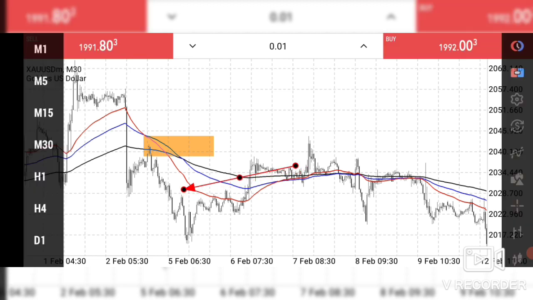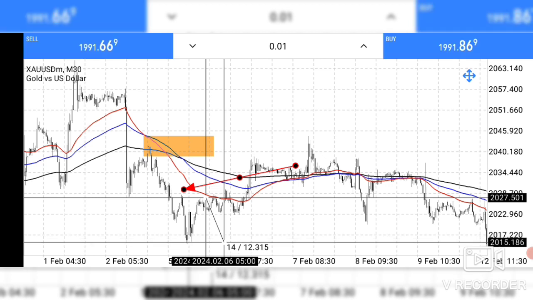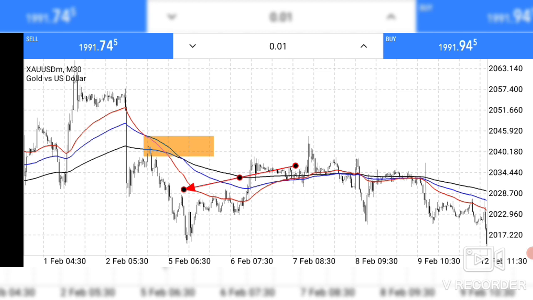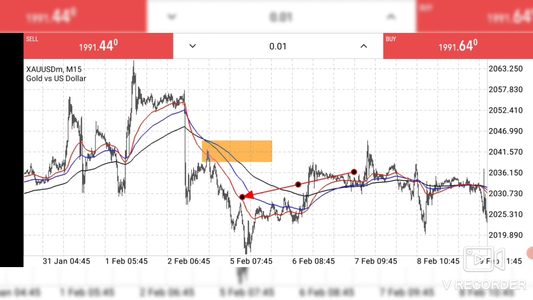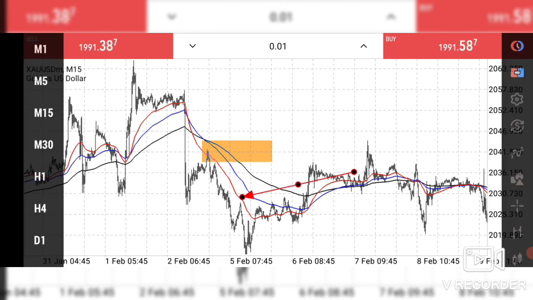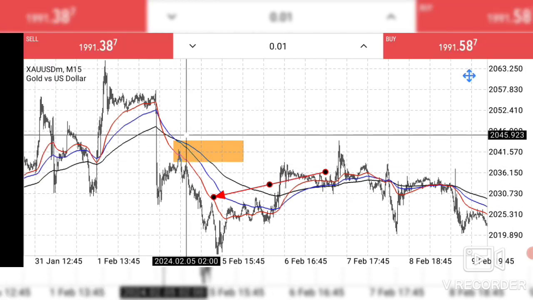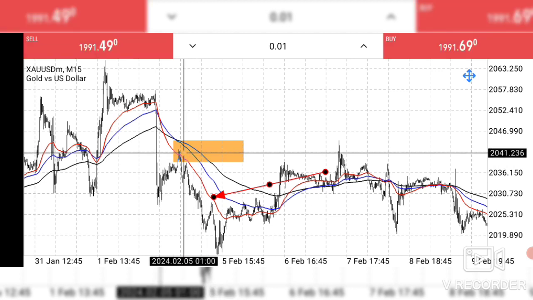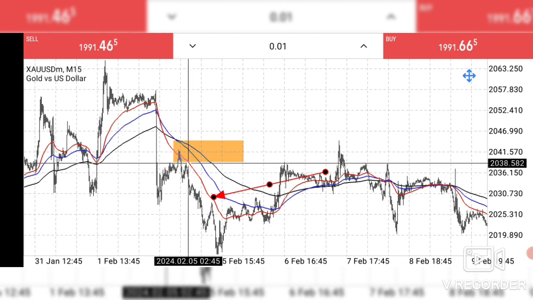And we should have got this move from here to here, even though it's very small. But you see, indicators lag, so when you are using them to get signals, know that you are going to miss a lot of signals. That's why I can further go to 15 minutes so that I can see the signal as early as possible. So we should have entered somewhere here. It's not a matter of retest, it's a matter of conditions. The black has to be above, the blue has to be in the middle, and the red has to be ready to provide a signal without a break, like a liquidity sweep.